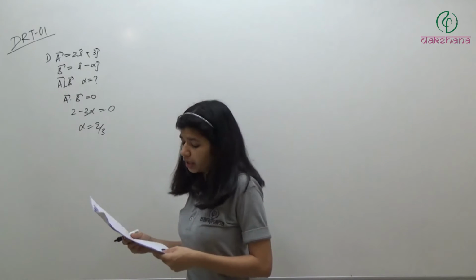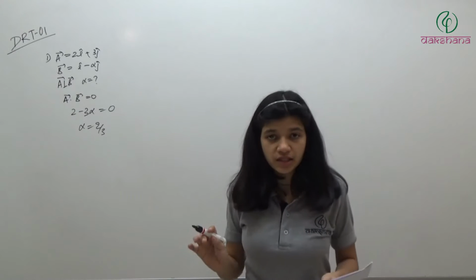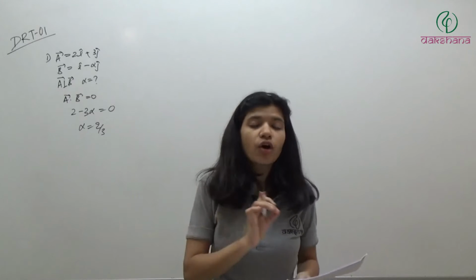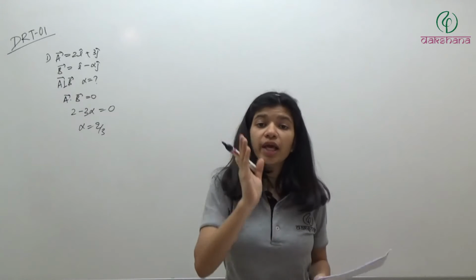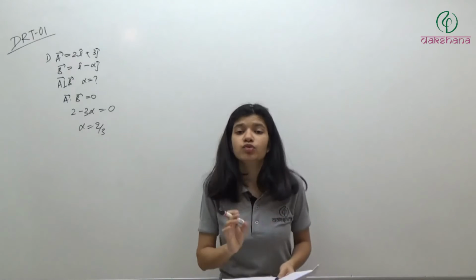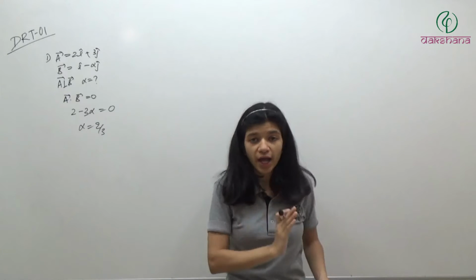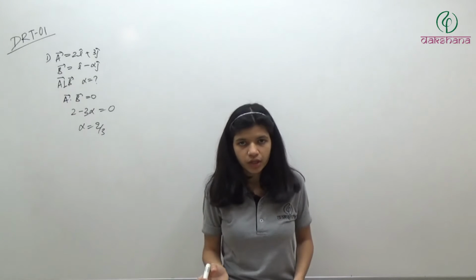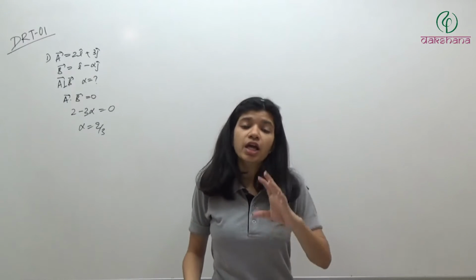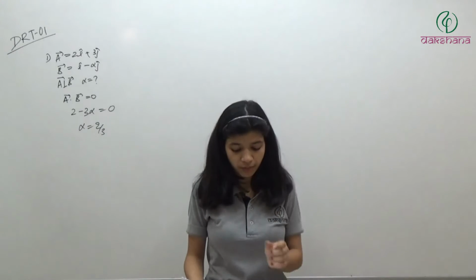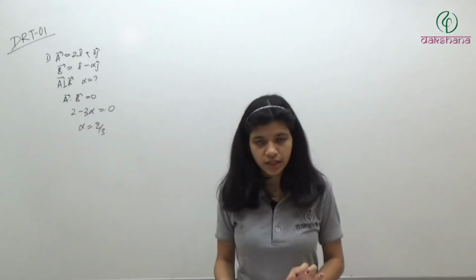Now question number 2. Vector A makes equal angles with x, y and z axis. When you read this line, you should have in your mind that it is making equal angle with all the three axes x, y and z. It means if you take the component of that vector in x, y or z, it is going to be the same, right? Because it is making the same angle with all three axes, it means the component in all three directions will be the same. By reading the first sentence, we can understand this thing.